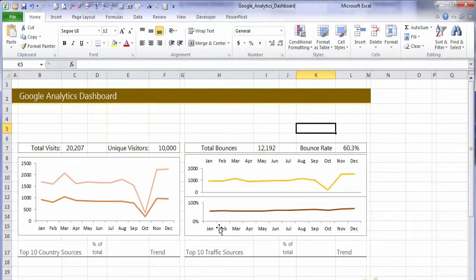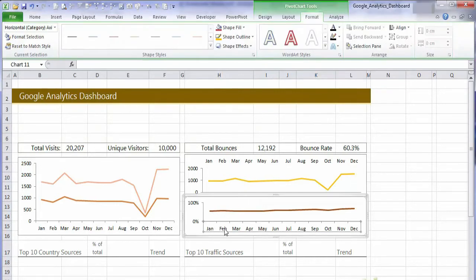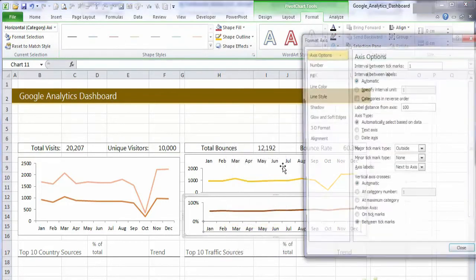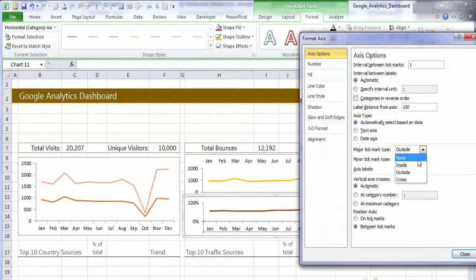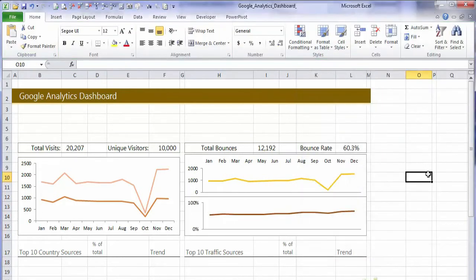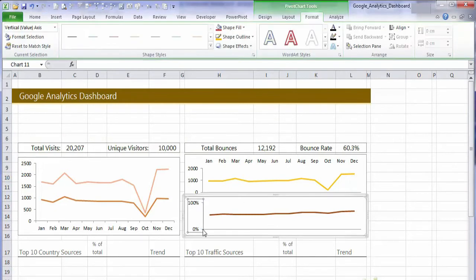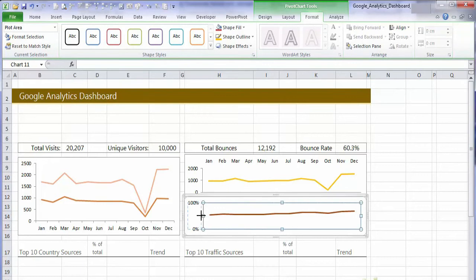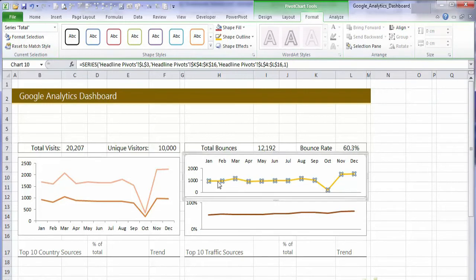I can get rid of this axis. I don't want to delete it, I'm just going to hide it. Format. So I want no tick marks and no labels. And click Close. So now what we need to do is probably move this over a little just to align it with the chart above. That way the points on this line will match the points on this line,